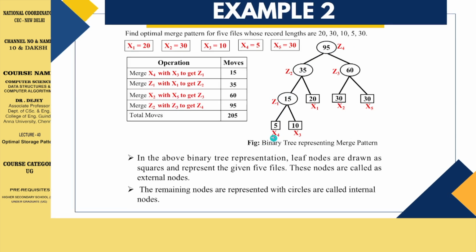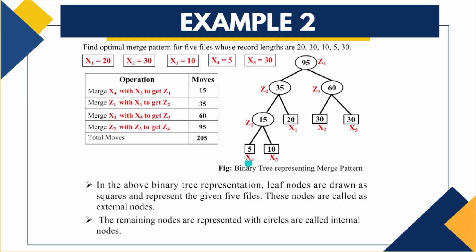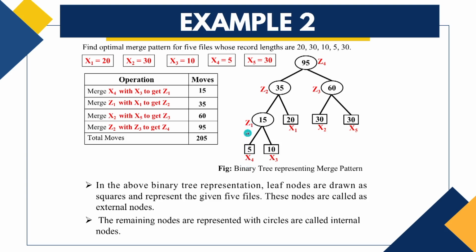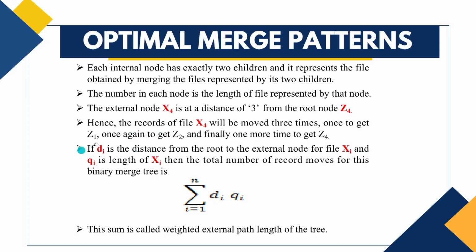disturbed. So we may have to read or access x4 while we construct z1, and then while constructing z2 also this x4 has to be accessed, or data read has to happen with x4, and similarly with z4 also it happens. So what this distance actually conveys is that distance tells the number of data movements that happen to a particular file, and hence the records in the file x4 will be moved 3 times for computing each of these